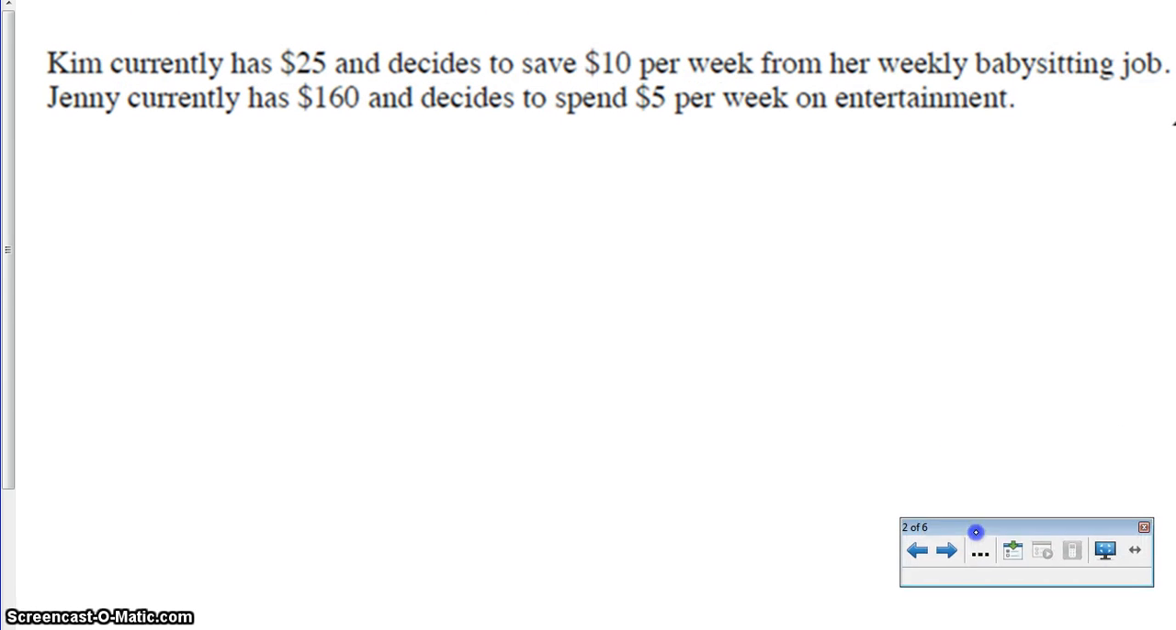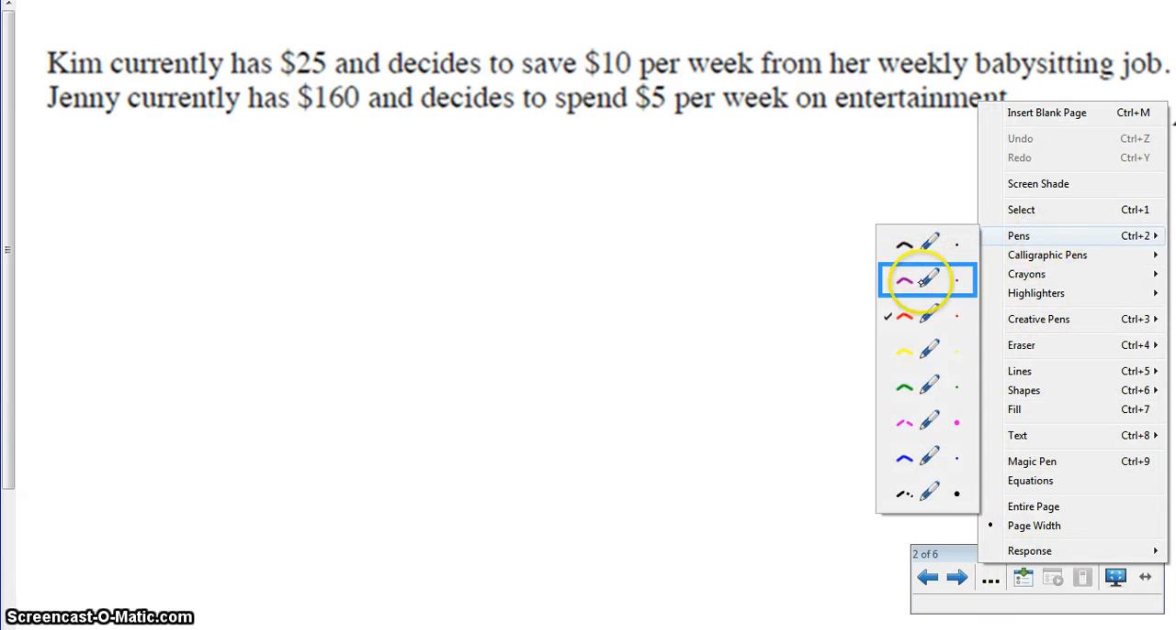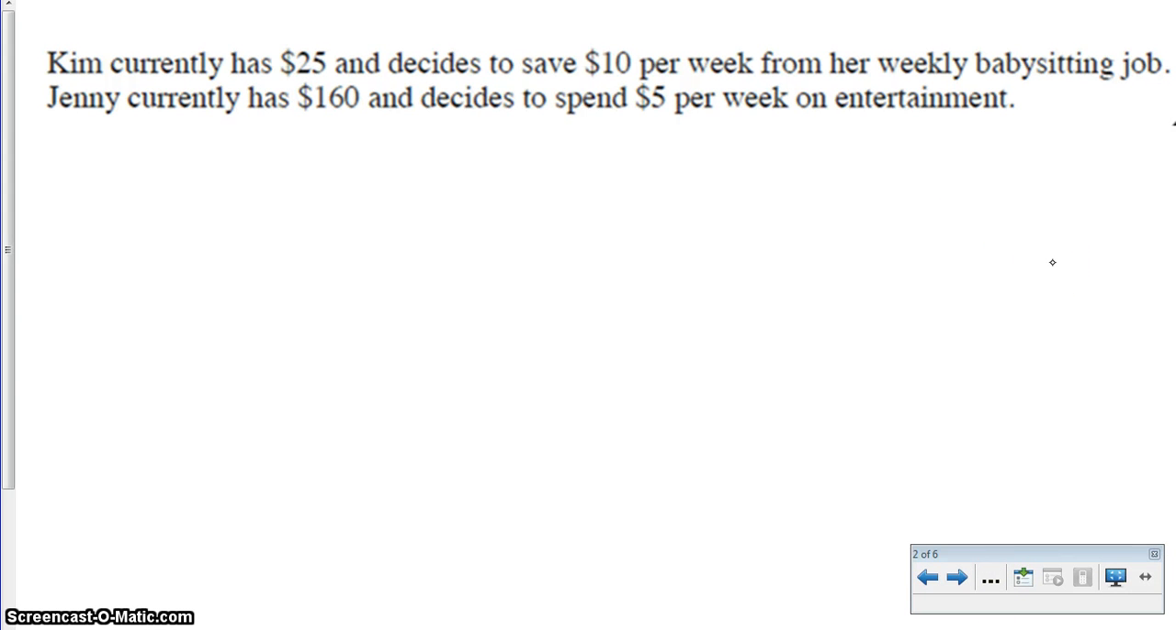The first thing we want to do is set up a verbal model. This is probably the toughest thing for a gifted child to do, because you want to quickly move to the math, but I don't want you to move to the math right away. Let's talk about Kim's total money, and that is for Kim, so I'll put a lowercase k here. And what she has is she starts with $25, and she adds